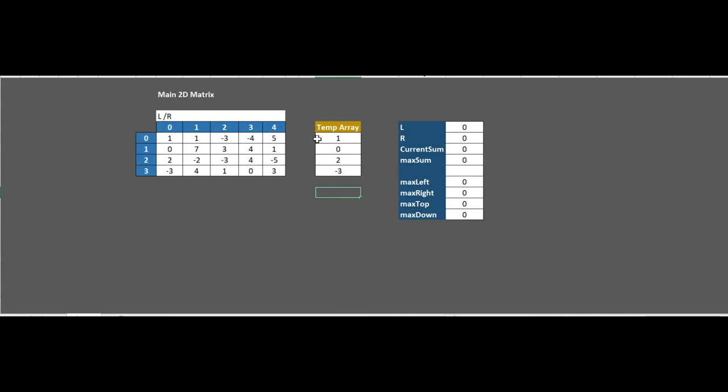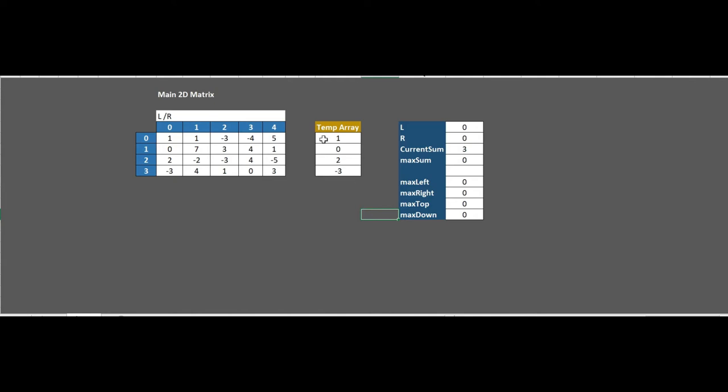Then in this array, we will apply Kadane's algorithm. After Kadane's algorithm, what will be our maximum sum from here? That will be this part 1, 0, 2. And what sum will it contribute? That is 3. So our current sum will be 3.